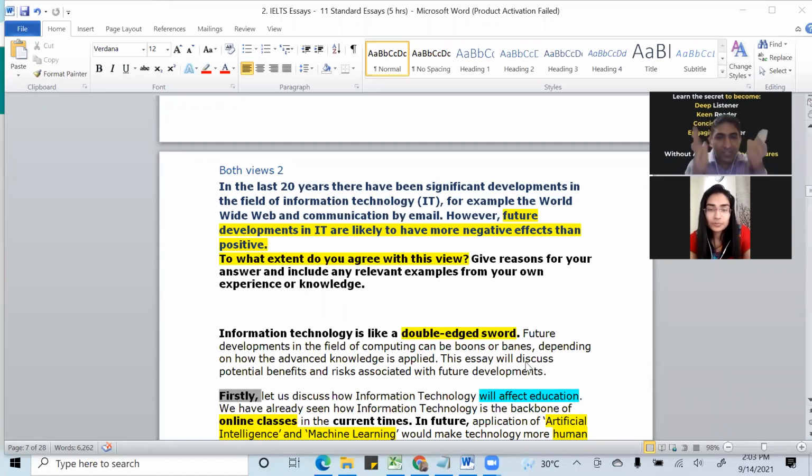First of all, you have to understand the structure of the essay very clearly. What is the nature of it? चलो एक दो जरा, अब ये तो सारे के सारे ऐसे जो हैं, दे आर ऑफ वन टाइप, जहाँ पे बोला गया है डिस्कस बोथ व्यूज एंड गिव योर ओपिनियन। तो इसमें आप ये सारे जो हाईलाइटेड फ्रेजेस हैं इनको